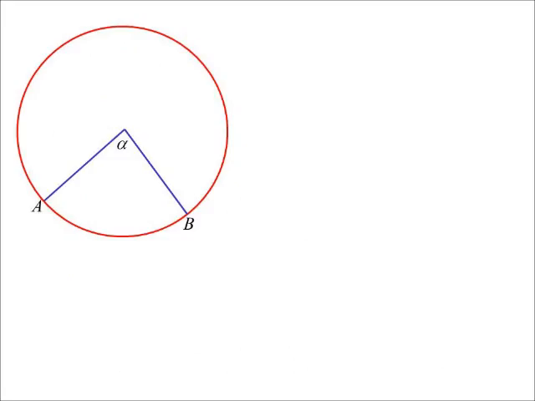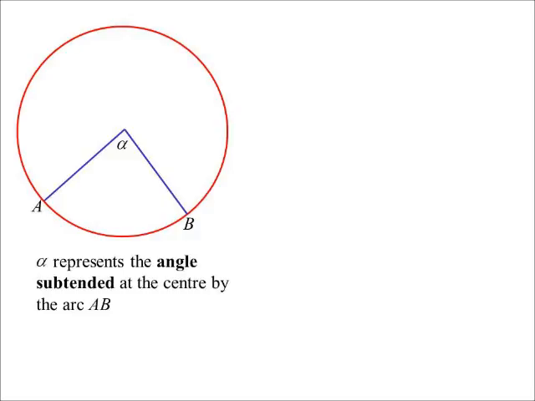Okay, so here's 2 parts of my circumference, so the arc AB I'm talking about, and I've joined it up to a point. That's what's called subtending an angle. So alpha is the angle I have subtended. So what subtend means, you get 2 points and you join it up to a 3rd point and you create an angle. So that's what subtending an angle means. So the way I would describe this is I'd say, well, alpha is the angle subtended at the centre by the arc AB. So I've got 2 points, the arc AB, I joined it up to a 3rd point, the